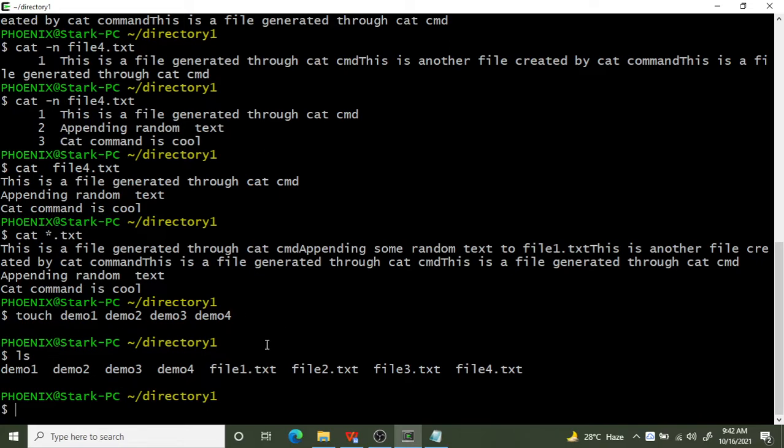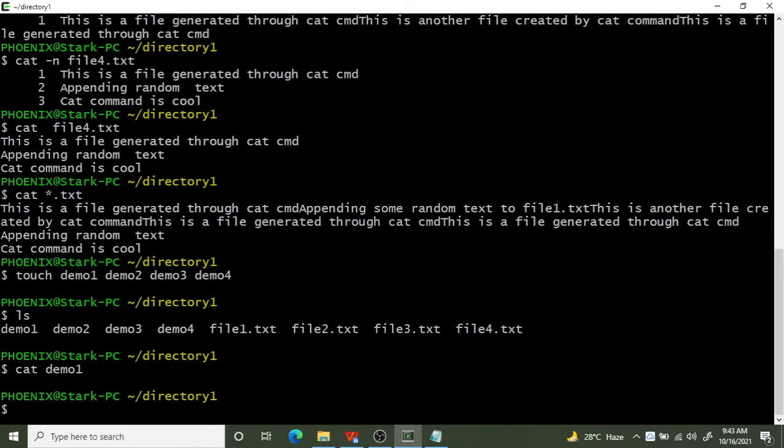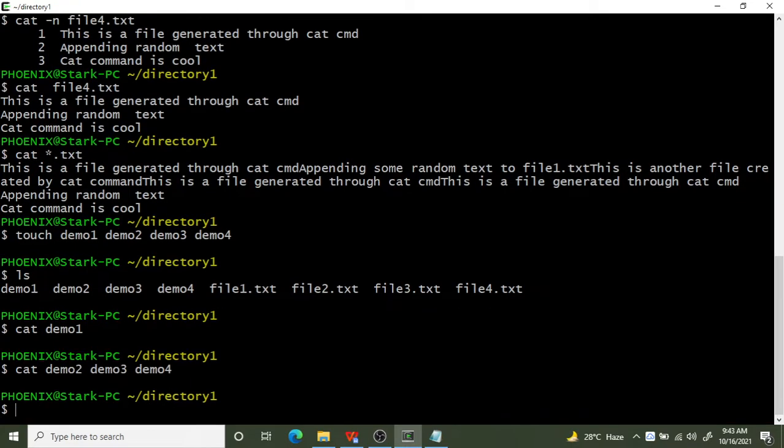If you want to see the content of each file, let's try cat demo1. Nothing. Similarly, if you type cat demo2, demo3, demo4, empty. Nothing is there, right? With the help of the touch command, we can create time-stamped files.